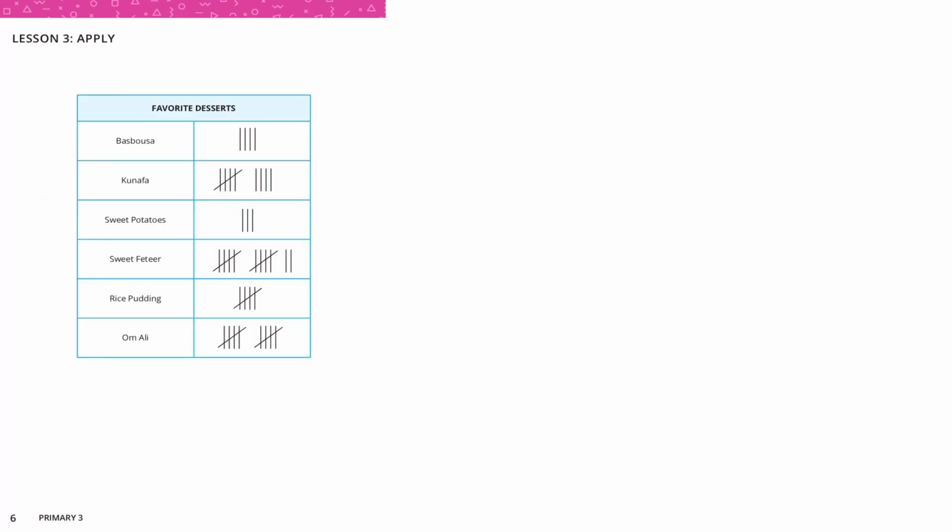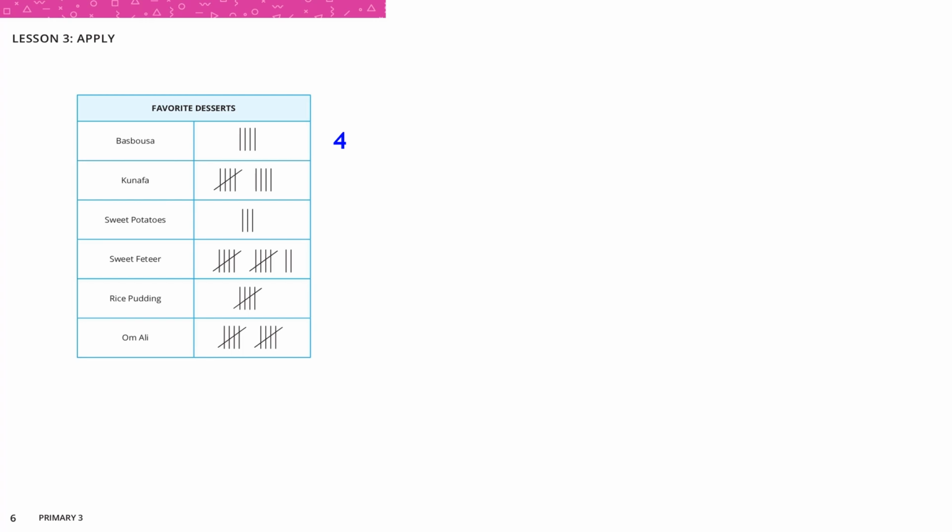Lesson 3, we have a table here about favorite desserts. We have here basbousa, kunafa, sweet potato, sweet fatir, rice pudding and Ali. Here we have our numbers represented by tally marks. Let's count together. In basbousa we have 4, and in kunafa we have here, once we find a group of 5,